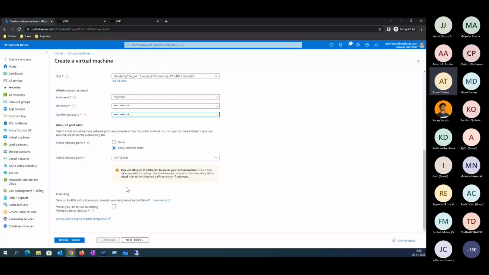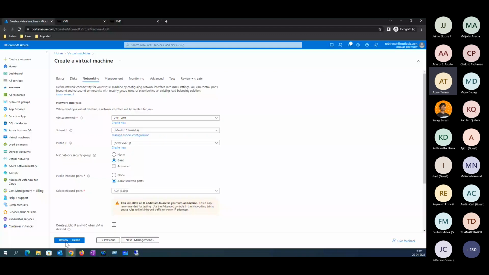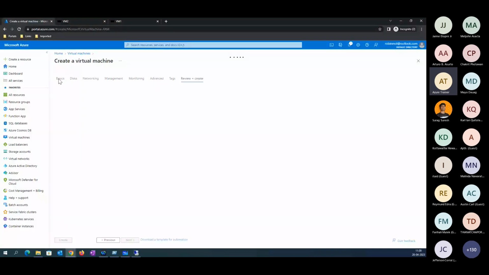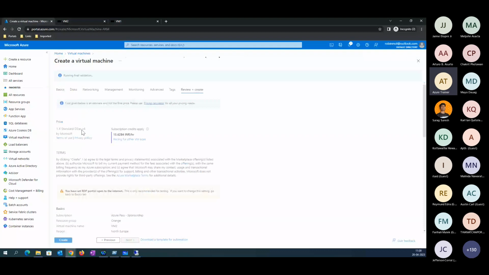Review and create here. Right now, you may notice that I've allowed the RDP protocol also here. Let's create it here. Review and create.